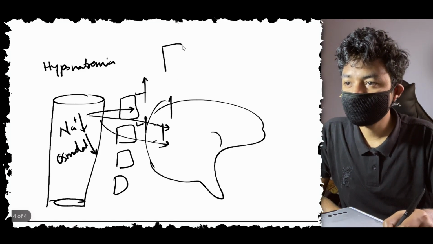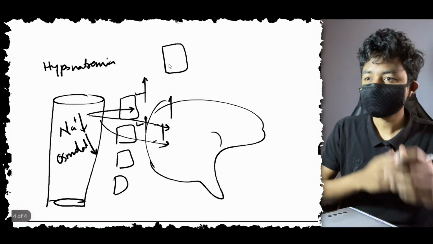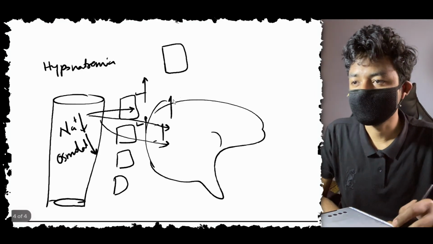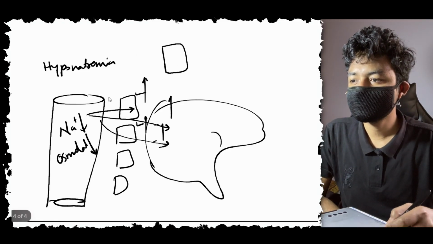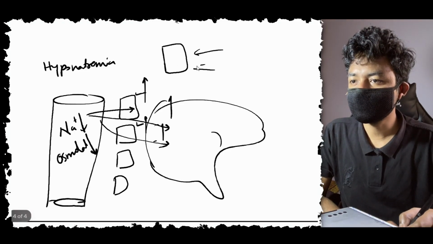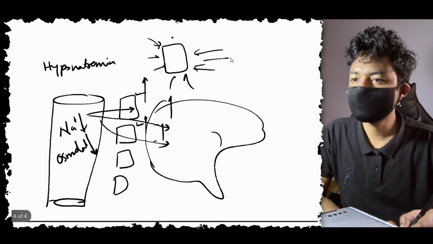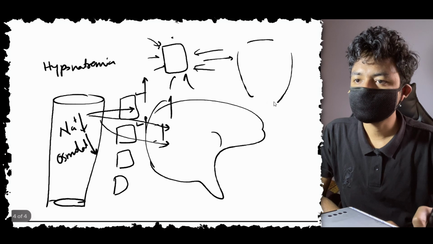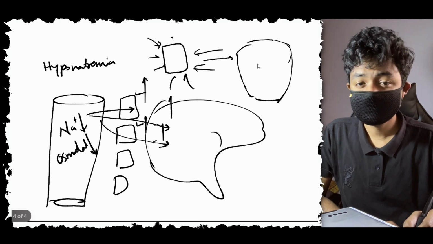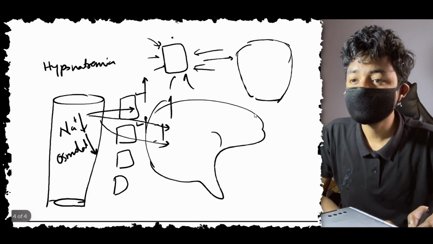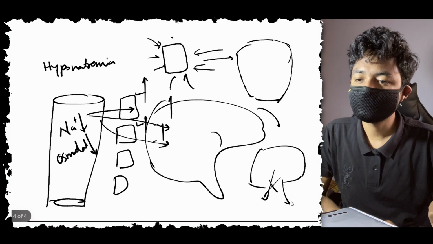So if this is my normal cell, he is doing his regular job, he wakes up in the morning and he's like, okay, what is my task today? Let me do all my work. But suddenly there is hyponatremia and too much water entering into the cell. Oh my god, his day is ruined. He will now be swelled up like a fat thick boy. And if there is excessive water, he will rupture. There is a tendency to rupture, and if it ruptures, the cell will die.